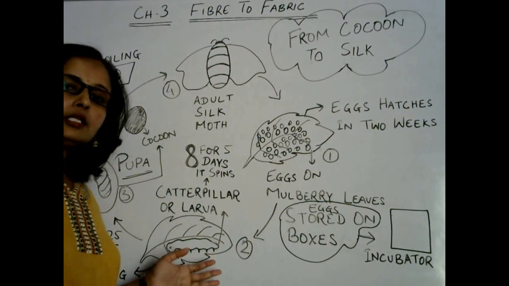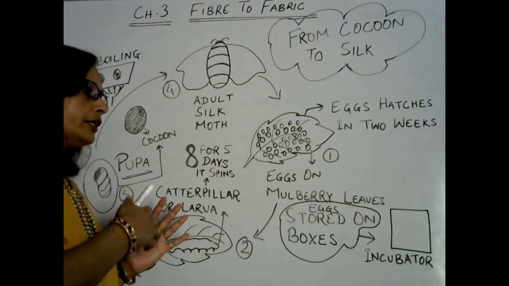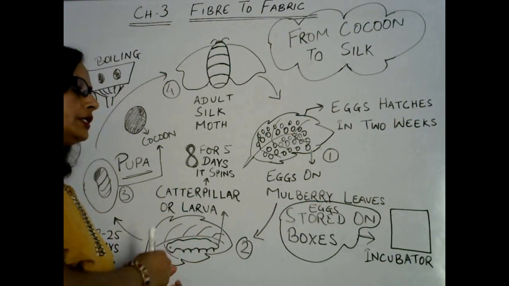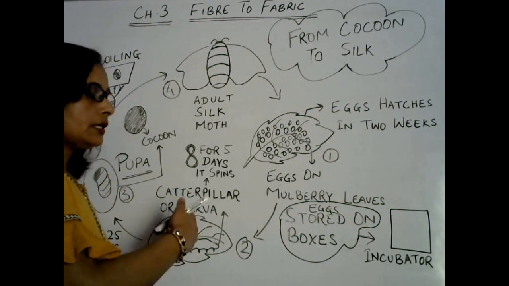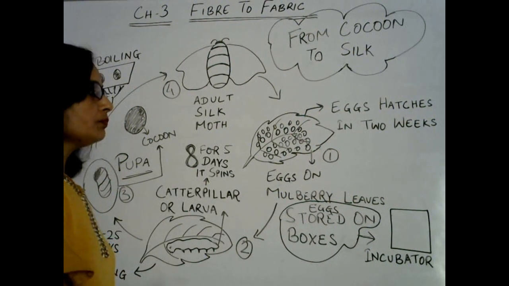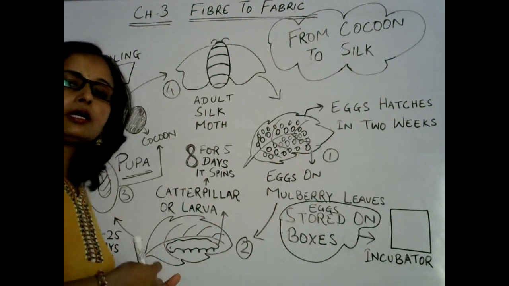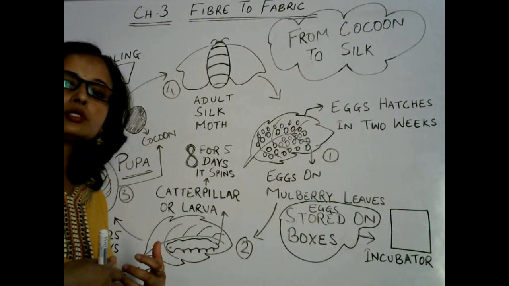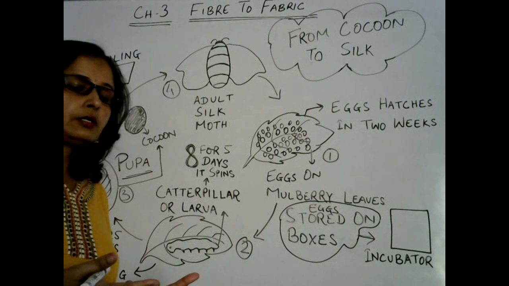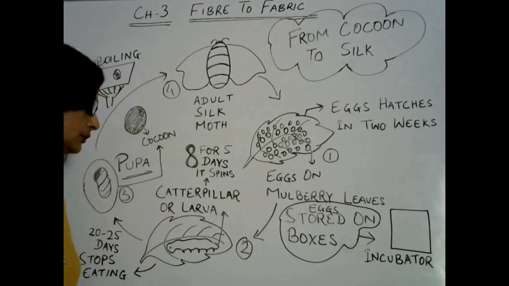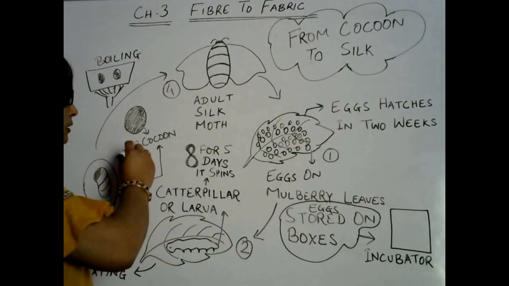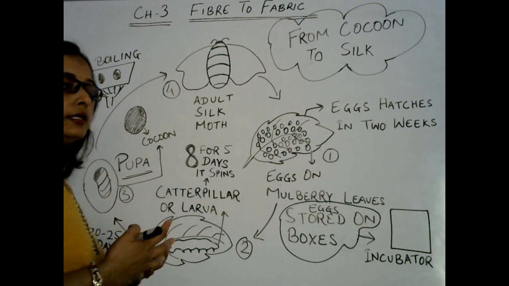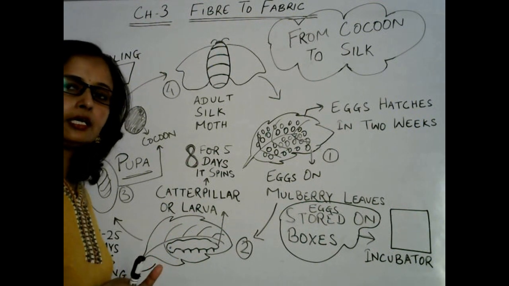So this is how all these things are happening, but earlier what we discussed was naturally happening in the life cycle of silk moth, but right now what we are studying is artificially how farmers provide all conditions, all requirements to silkworm to get silk fiber. Then once cocoon is formed, those cocoons are boiled to get silk fiber.